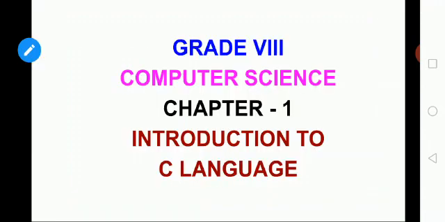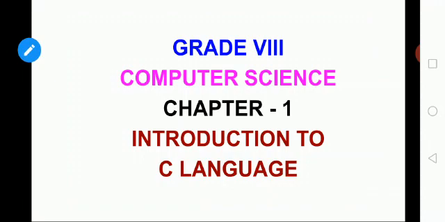Shall we start? Good. In grade 8, the first topic that you are going to learn in computer science is Introduction to C language. Do you have any idea about C language? In lower classes, you could have studied about the languages of computer, isn't it? Like high level language, low level language, assembly language, like that. Okay, fine. So, in this grade, you are going to learn in detail about C language and how to write a program in that.